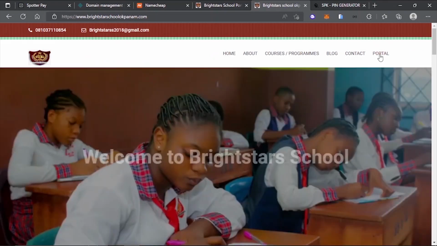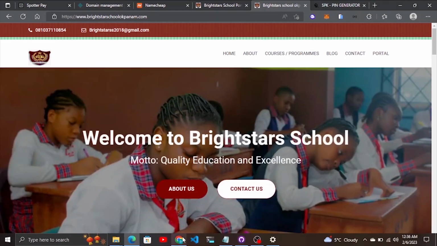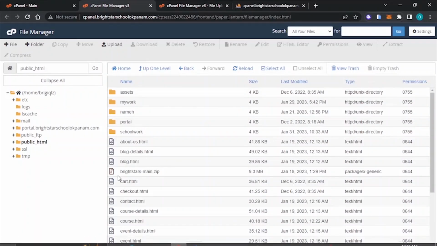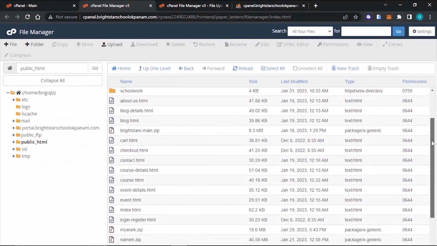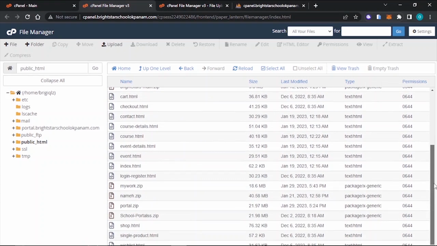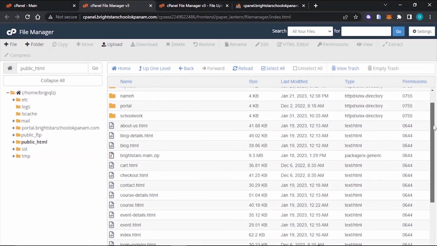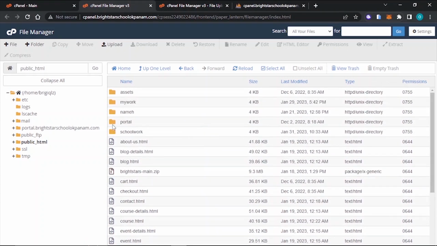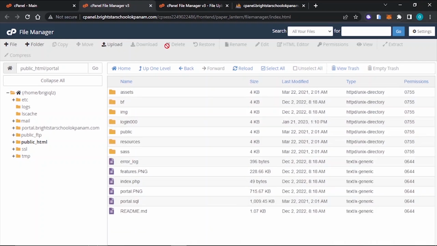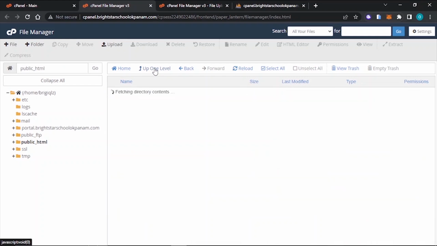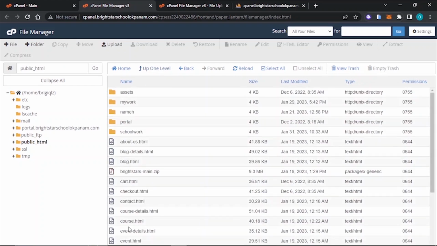Let's go. This portal here, once you click, it takes you to the portal page. So now this is the front end of my website. These files are the front end of my website, and this is the back end, which is the portal. This holds all the files from my back end on the portal. So what I do is go to